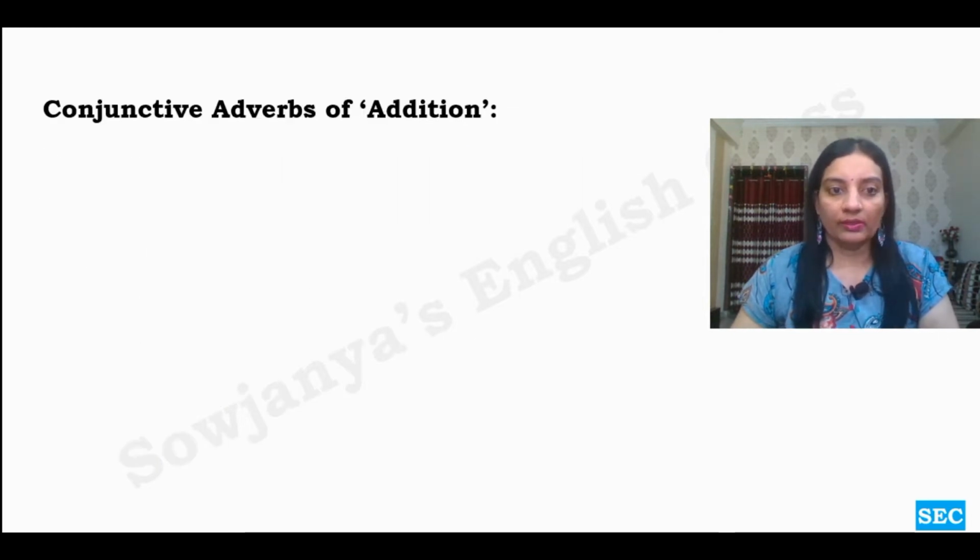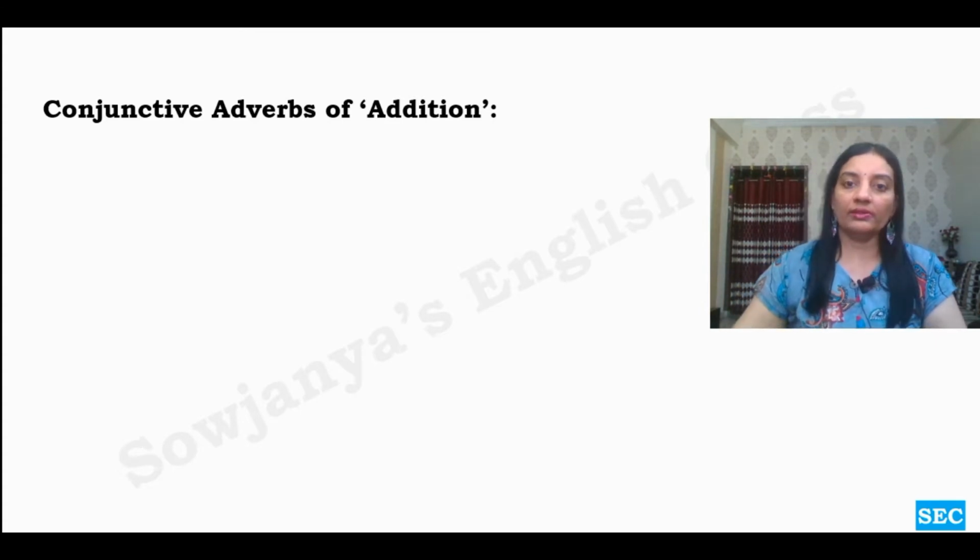Now let us see some of the types of conjunctive adverbs. If you remember adverb, how many functions does it have? Adverb phrases, adverb clauses and all. Exactly like that, even conjunctive adverbs also. The role of conjunctive adverb in a sentence is to show different types of relationships. Let us see what they are. Let us learn about some of them.